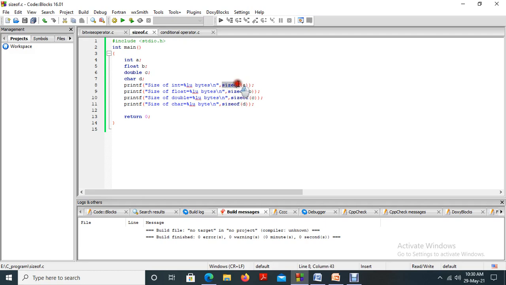We just want to understand the format of the sizeof operator. It helps you know the size of a particular variable: for integer it's 4 byte, for float it is again 4 byte, for double it is 8 byte, and for character it is 1 byte. It returns the size of that particular variable.